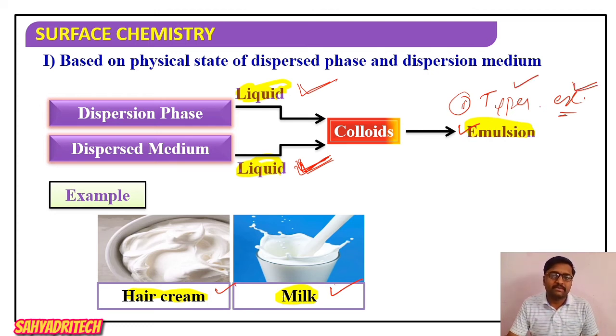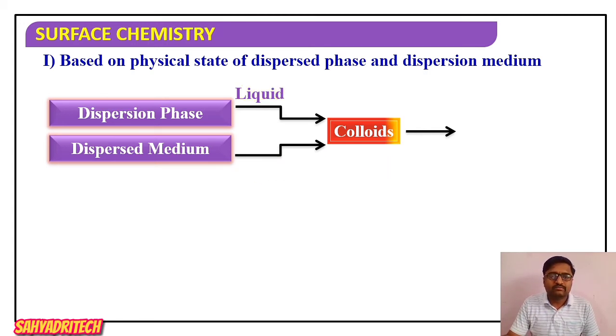Okay, please remember it. So now emulsion is nothing but, yes, it is a type of colloidal system. What is emulsion? It is a type of colloidal system in which both dispersed phase and dispersion medium are liquids. Okay, well, coming to the next one, if dispersed phase is liquid and dispersion medium is gas. All these concepts are very important. You please note down and practice.